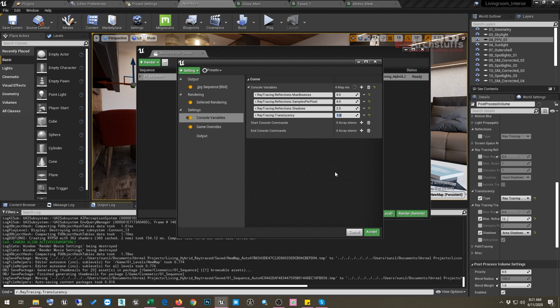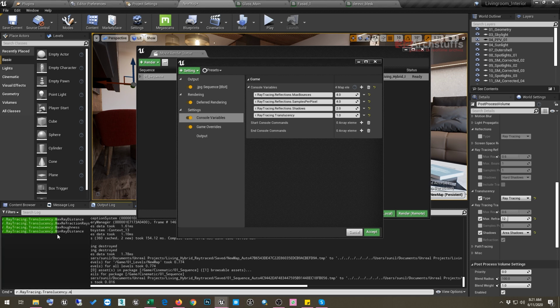And after this, what you have to do is use this max roughness, maybe 0.6 is the default value. Okay, if you want, you can give it a console command and make it 1, but 0.6 is okay as of now. Now we'll give a max refraction bounces. So we'll go on translucency and then dot max refraction rays here.